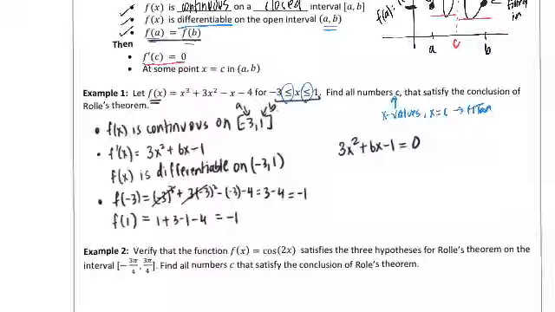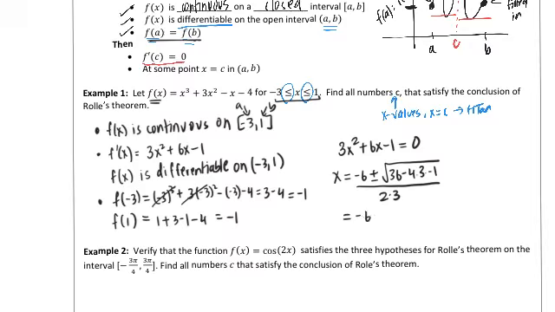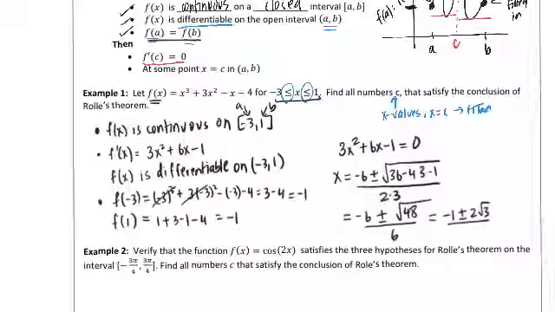So we will resort to the quadratic formula. So x equals negative b plus or minus the square root of b squared minus 4ac all over 2a. So if we do this carefully, negative 6 plus or minus the square root of 36 plus 12 makes 48 over 6. And simplifying this down, we're going to get that the two roots are at negative 1 plus or minus 2 rad 3 over,